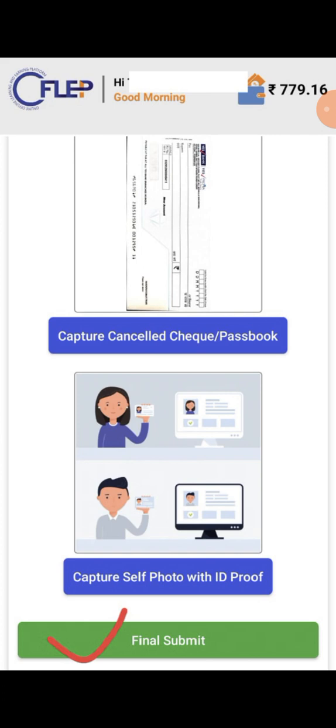Remember, again you have to upload all the PAN card, Aadhaar card, bank detail, and even the selfie.